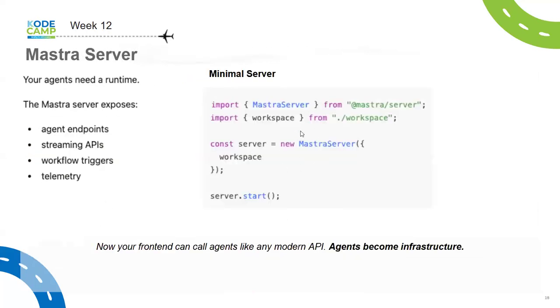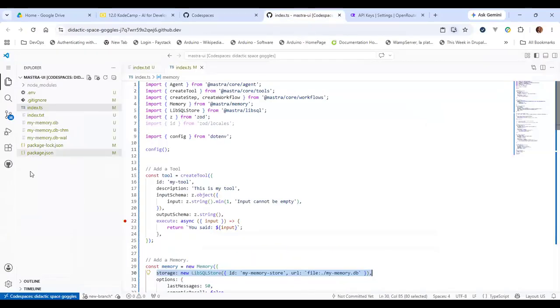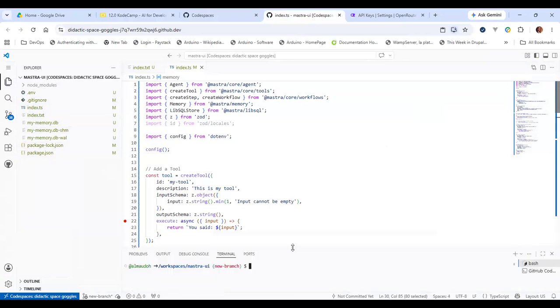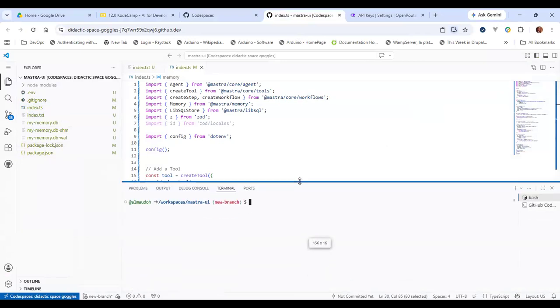But a server is not difficult, right? You create a Mastra server. But here, Mastra imposes some kind of requirement. Mastra server will not run if you put your index.ts directly in the root. Typically, the way you run your Mastra server is to just run npx mastra or something like that. Right. So let me show you.